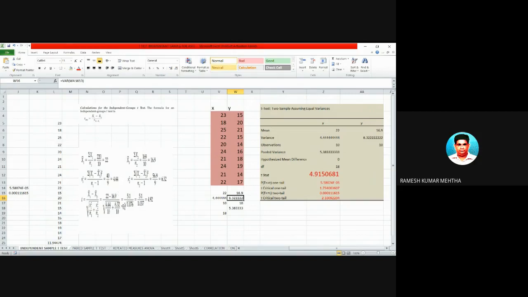If you calculate this, you get 5.1 divided by the square root of 1.076, that is 5.1 divided by 1.037, which is equal to 4.92. Here I got 4.915, approximately 4.92, by using the Data Analysis ToolPak, and in the manual calculation also I got 4.92.